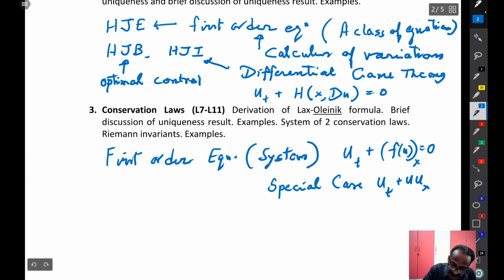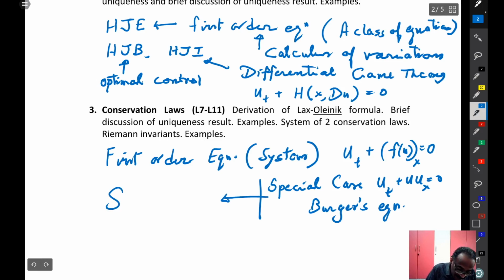This is the Burgers equation, and you have seen in our first course how singularities propagate. And to understand the singularities,